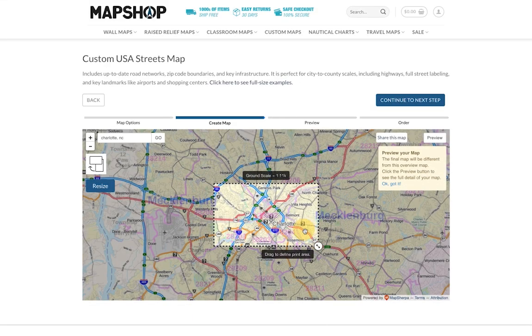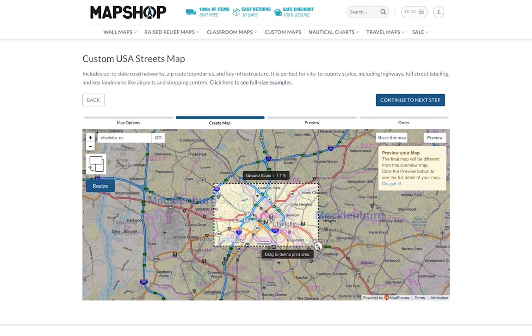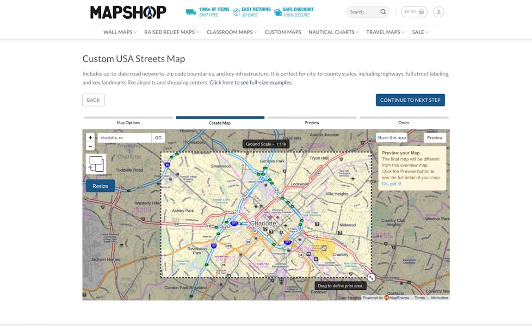If the system isn't allowing you to drag the print area in the direction you'd like, you are likely at the scale limit of the base map. Here, I'm showing an example where I'm not able to drag the print area box any smaller. That's because we're at the scale limit for this data. The base map can't show you any more detail than is presented, so this is the smallest you can crop